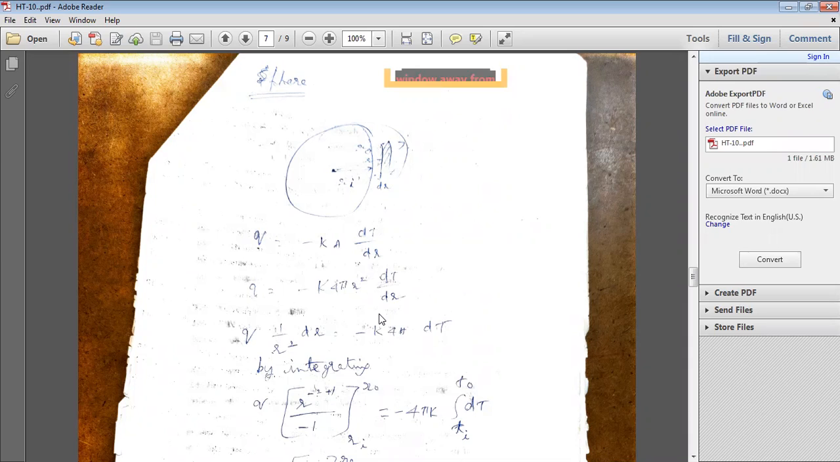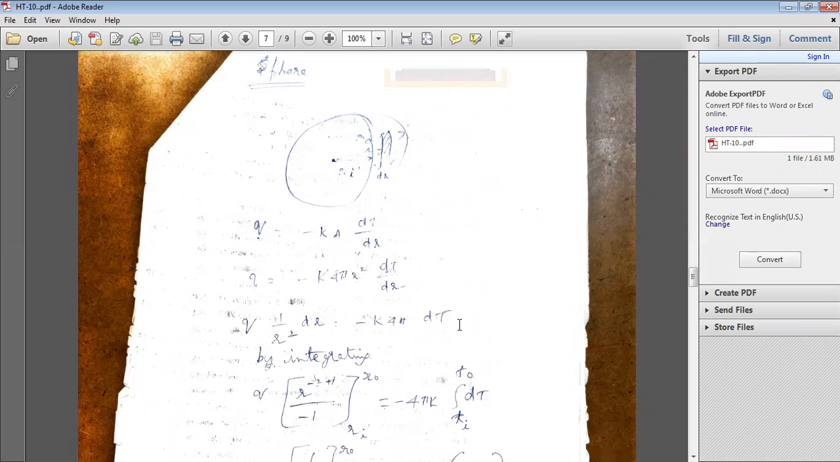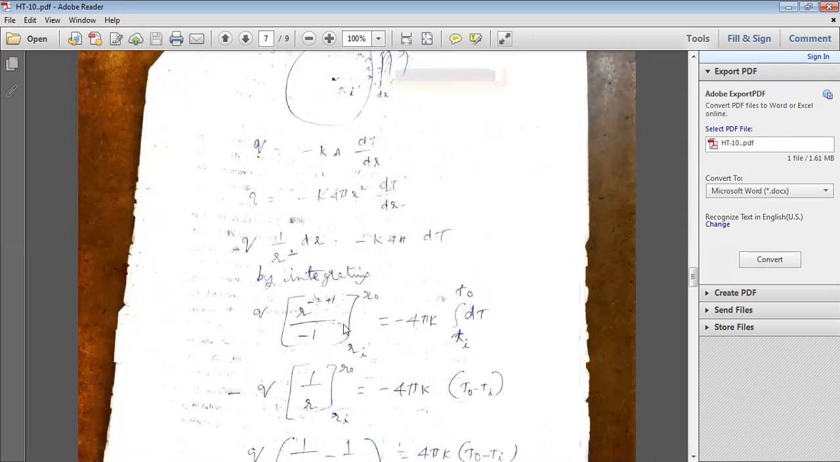Now, separate the variables and integrate. Here, what are the variables? Radius and temperature. That's why we separate the variables: radius on the left side, temperature on the right side. Q into 1 by r squared dr is equal to minus K into 4 pi into dT. By integrating,